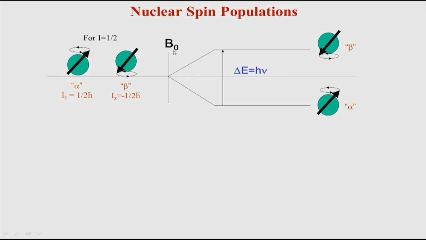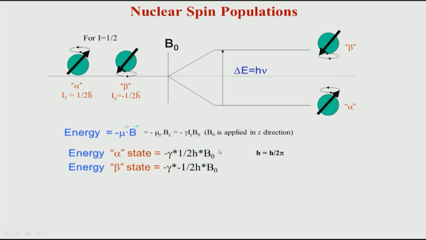For example, let us take a glass of water. You put it in a magnetic field, then the proton spins in the water will now get distributed between two states, that is what is shown here: the ground state and the upper state. Now, if you look at the energy difference between the two states, we call it delta E,